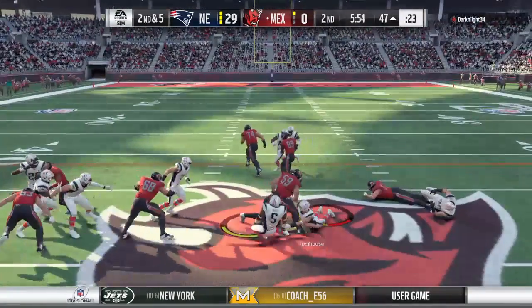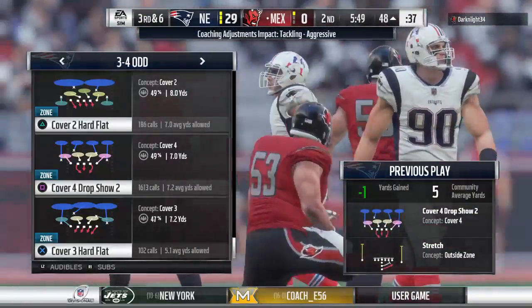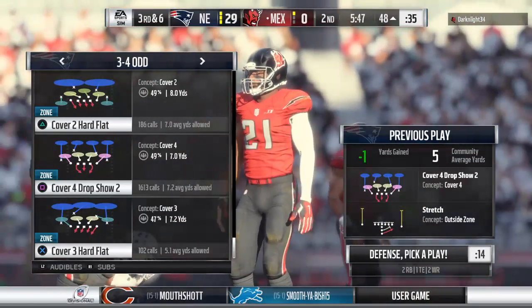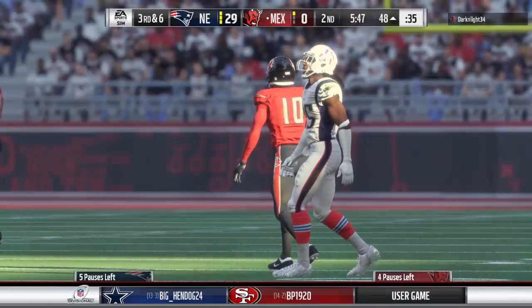Now a handoff as they run left side. They'll lose a yard, and it brings up third. We just saw another example of how the defense is winning this game. Really at the point of attack, the offensive line's just getting pushed around. I think now as a play caller,